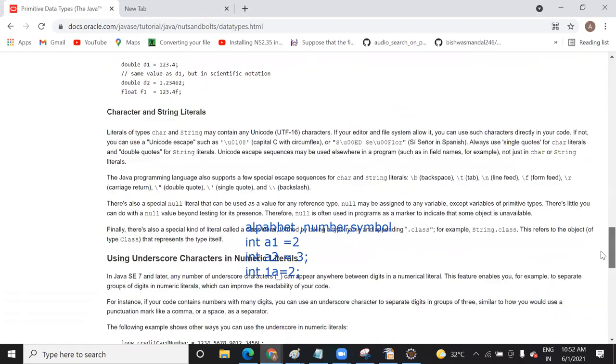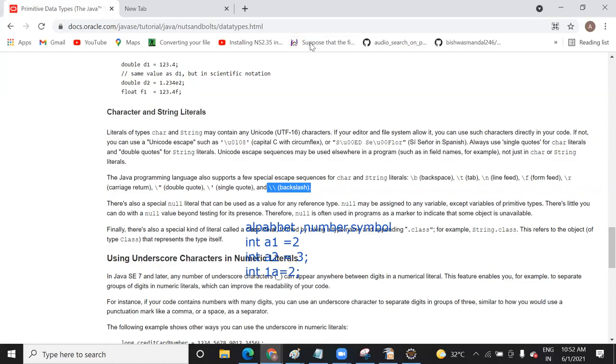So a literal can be a character or string, and you can use an escape character also. As I said, use slash b, slash t, slash n, slash double quote, right? This one that you asked me about, single quote, this symbol you can use in your value. There's also the null literal, which can be used as a value for a reference, to initialize a null here.